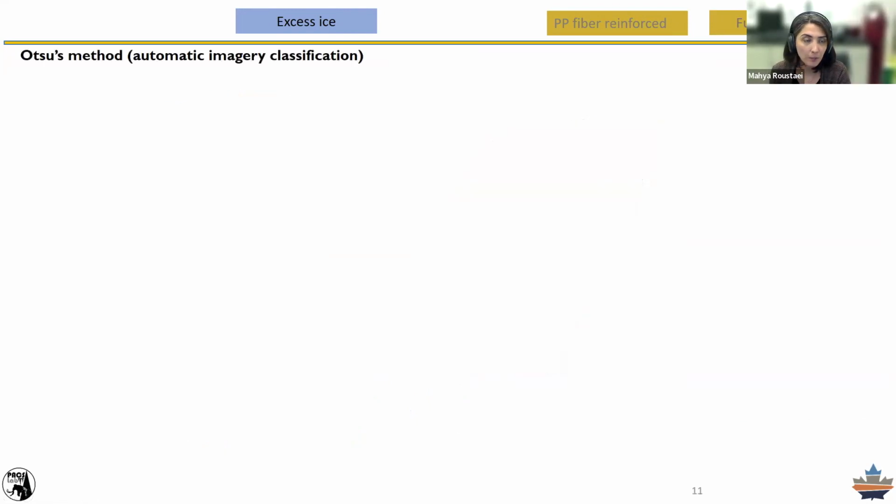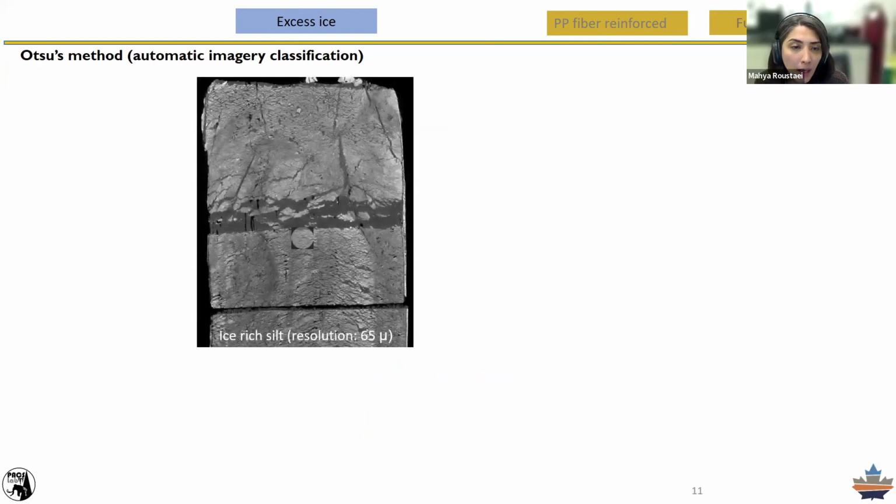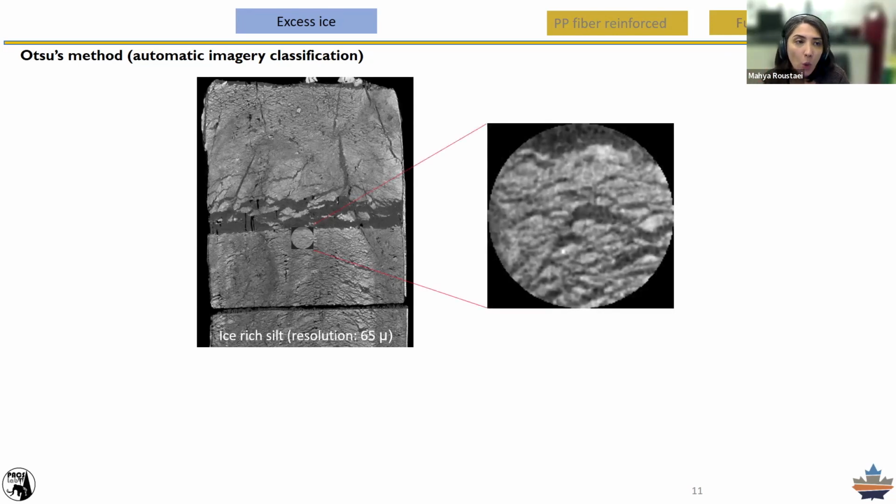25 micron resolution. So again, I just want to go back to the Otsu method, which we previously used in our first project, but let's see how the Otsu method works here, or what the results of the Otsu method are on this ice-rich silt core. We all know that in the permafrost core, we don't have just ice and sediments. We have sediment, we have ice-rich sediment, sediment-rich ice, and after that ice, and gradation between these. The Otsu method can break down these thresholds and give us very good cutoff points from all these